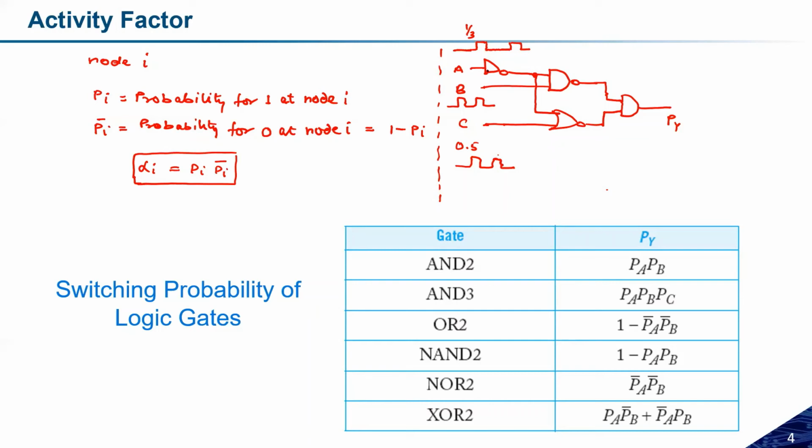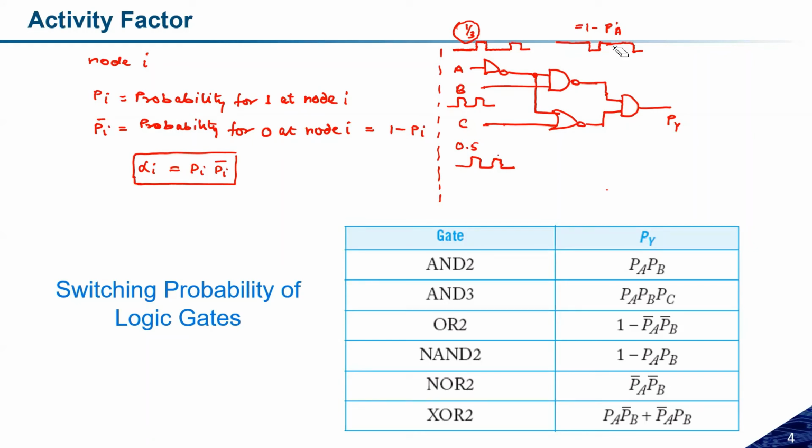Sir, it will be P of A complement, right? If we have the same kind of pattern like 0 1 0 1, then it will be the same. But if the probability is different, then it will be opposite, because the input is 0 then 1, so the output will be 1 and then 0. So if you see here, the output probability will become 1 minus P of A. Okay, so this is what the output probability is.